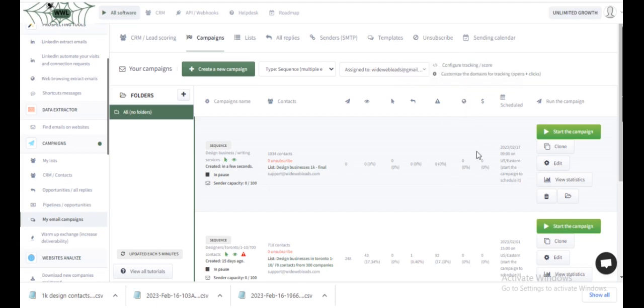And you can see who's also visited your website here. And of course, you can see who has converted once you install like a tracking link to track the prospects on your website. But for now, you really just need to see who opened it, who has clicked on it, and who has responded.